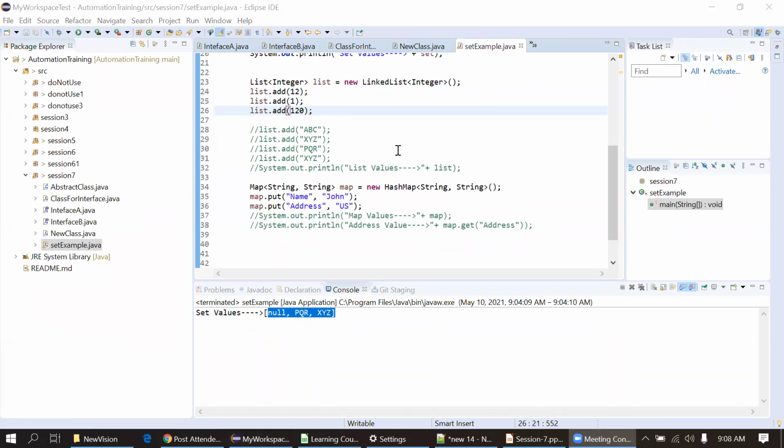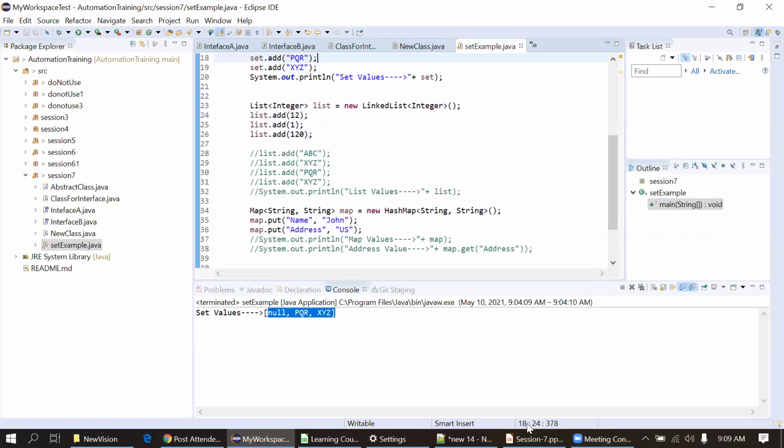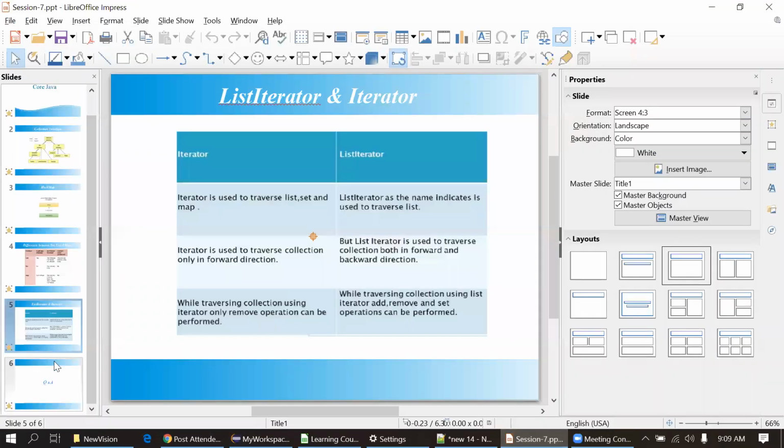Keval, are you clear, or do you want me to show the set and map as well? Okay, fine. So moving to the next. You can see there are two types of iterator: iterator and list iterator.